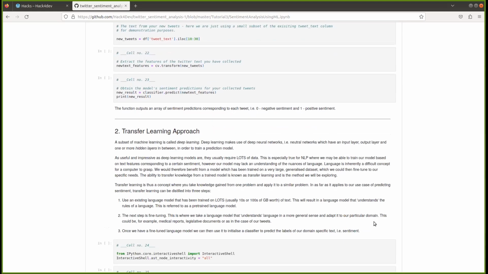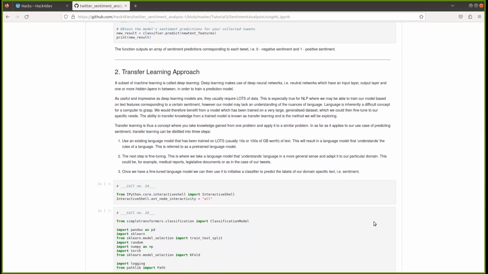All right, and then we go into the transfer learning. All right, so transfer learning, I'll just touch on briefly, but it's very well explained here. It's a concept where you take a model that has already learned a lot, because language is very nuanced, and it helps to have some foundation for the model on basic rules of language before you train it on a specific data set. So this model that we're using,